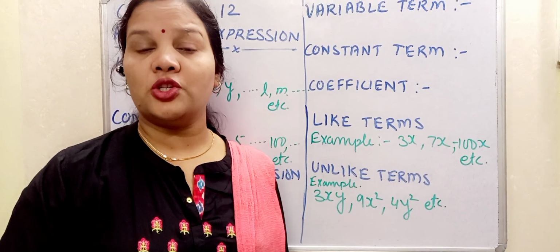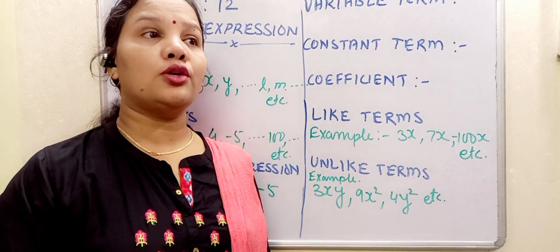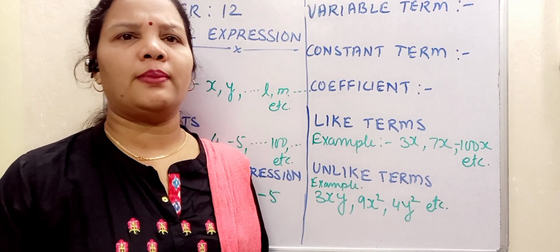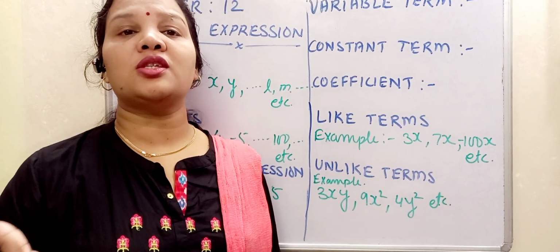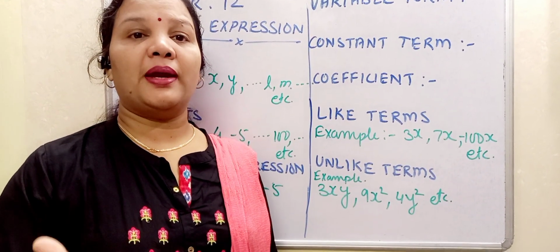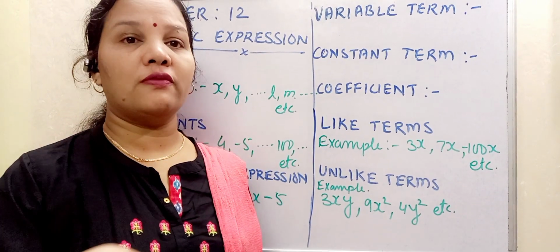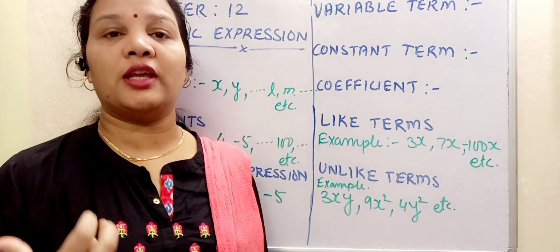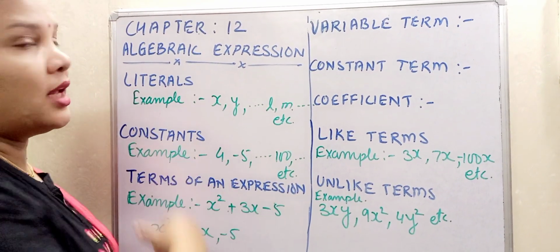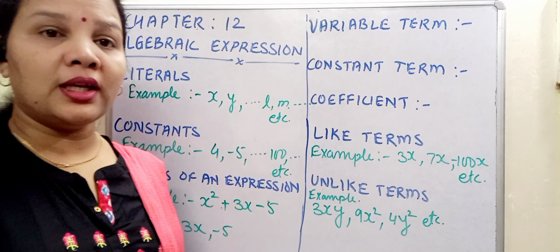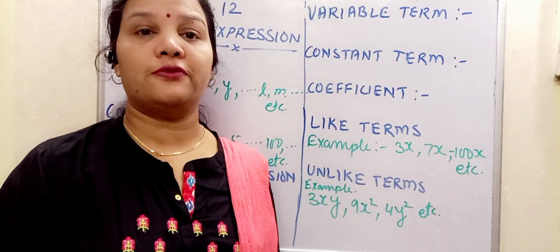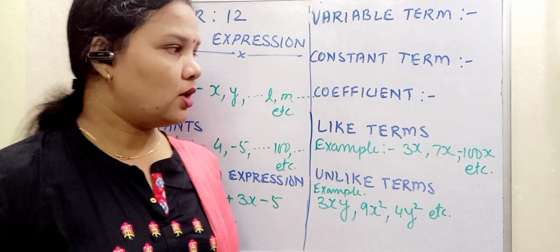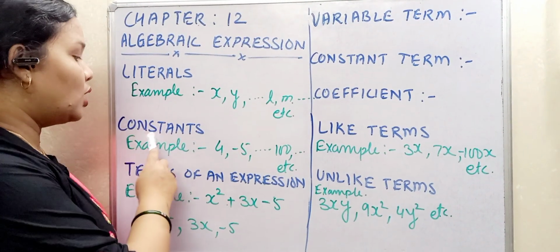So in algebraic expressions we are using alphabetical terms like A, B, C, X, Y, Z, L, M, N, O, P, whose values are not fixed. It completely depends on the algebraic expression. After solving that particular expression, we get the answers for these literals or variables, so they are known as variables or literals because their values are not fixed and we represent them through x, y, l, m, etc.